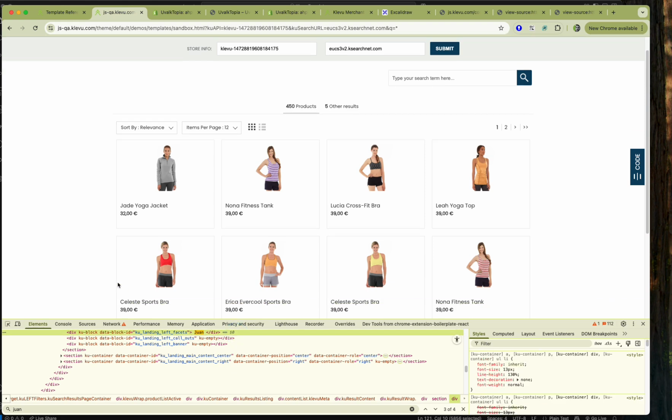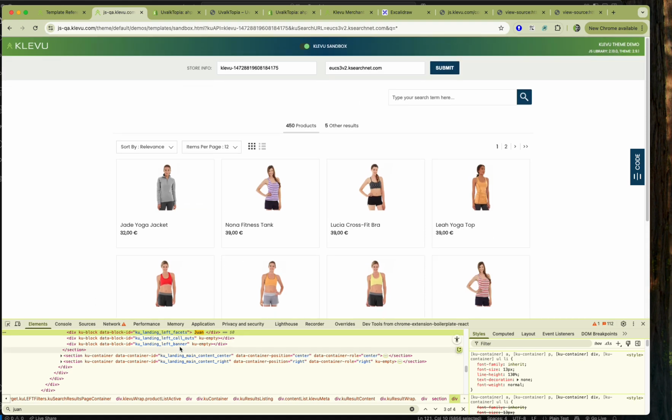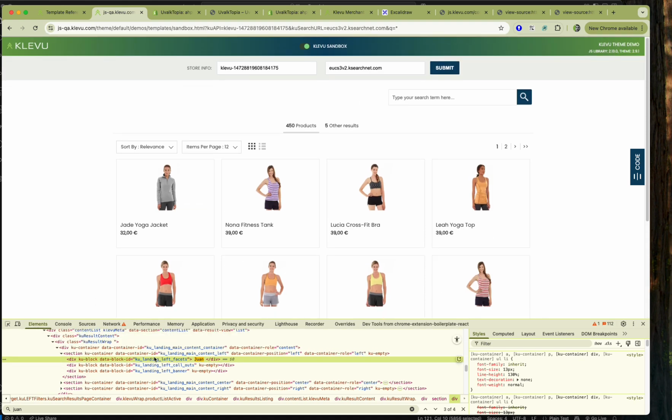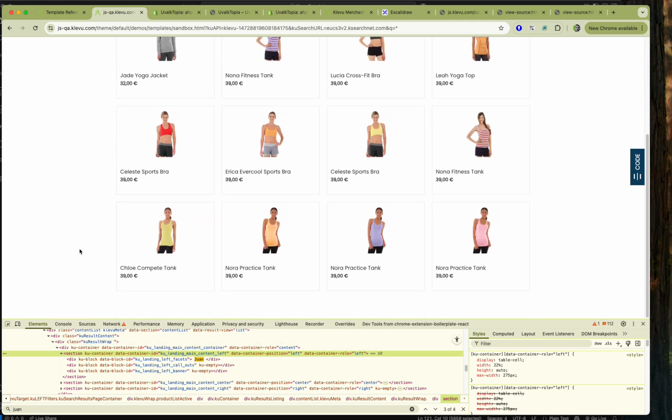If I take that off, I still can't see it, but it's somewhere. It's definitely in here somewhere, or the thing above it might have a KU empty on it. Get rid of that. And then does the thing above it have a KU empty? Nope. So now if I take a look,